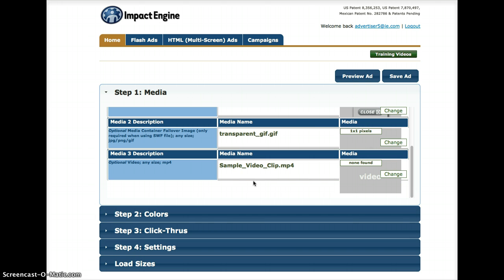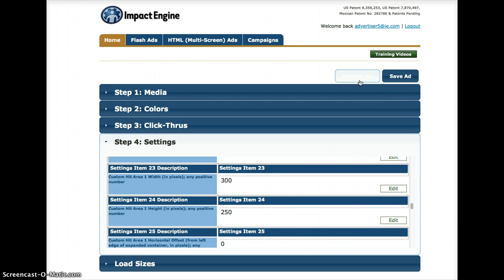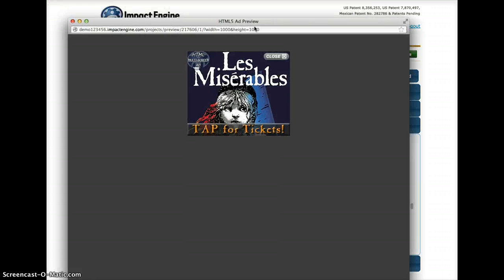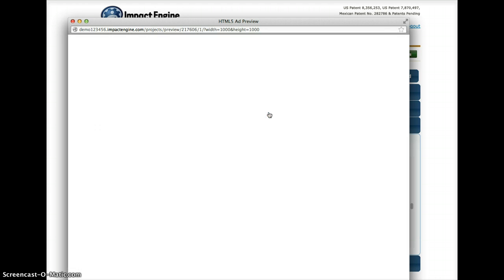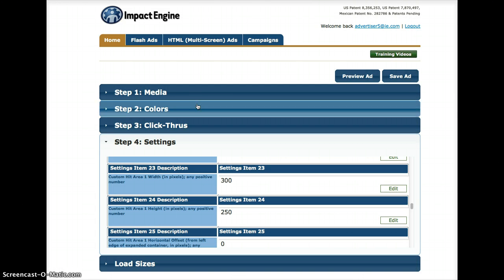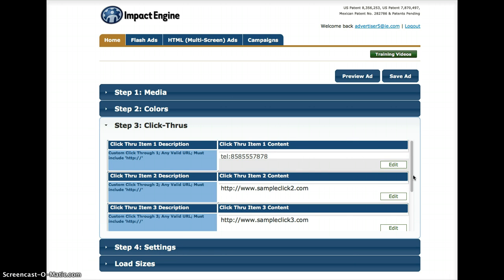So what's different about the mobile version is that you can add a click to call feature. So you'll notice when we preview the ad, instead of typing in click in your imagery, you're typically going to include the word tap, because that's the action people are taking on their mobile devices. So tap for tickets could link you to another URL, in this instance for this ad, that would take them to a ticket purchasing site. If we come down here to our click-through URLs, you'll notice what we can do is, instead of entering in the standard HTTP